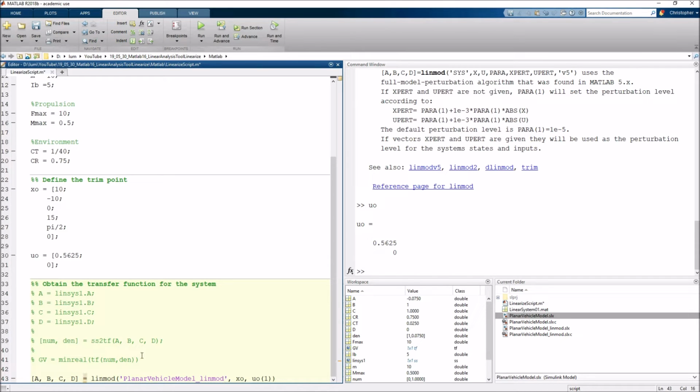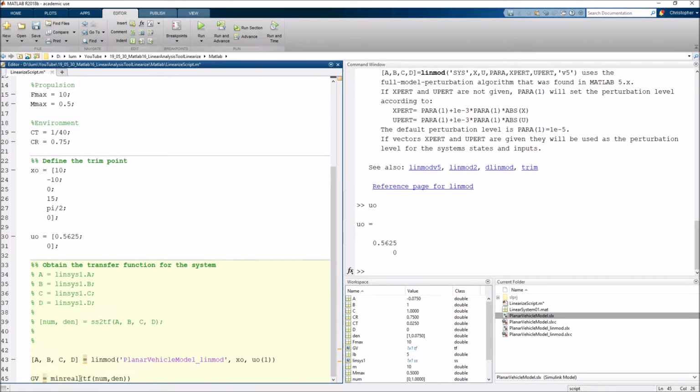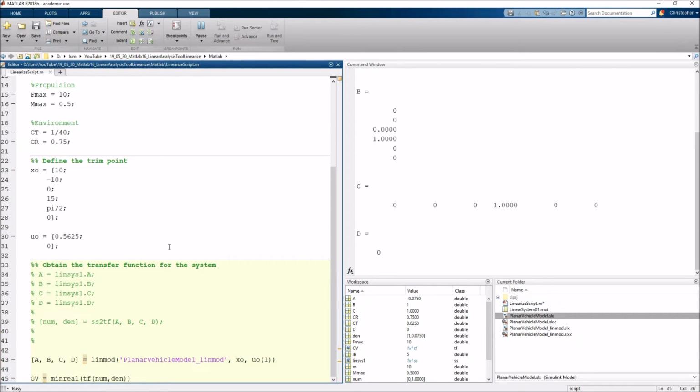Great. And actually, you know what? Maybe let me cut this, and we'll move this further down, because we're still going to want to do the exact same thing. It's just a different way of getting the A, B, C, and D matrices for this system. Instead of using the linear analysis tool, we're just going to use the call to linmod. So it's really this simple. Now if we go ahead and run this,